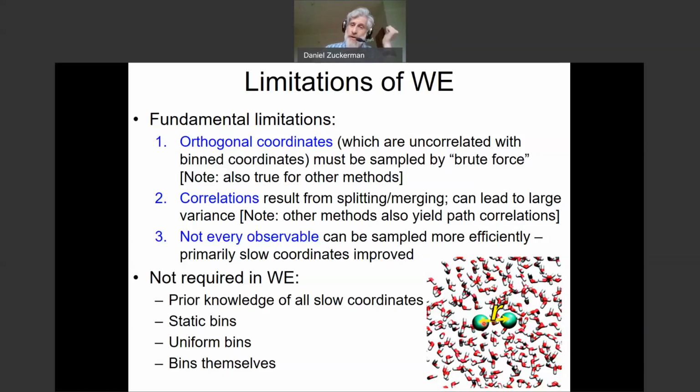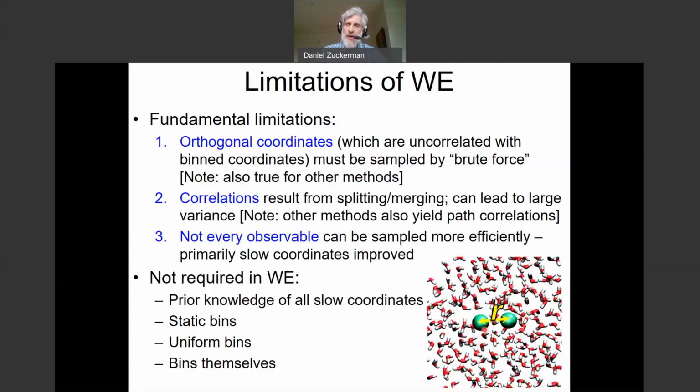Another way of saying it is these waters have to do some very complicated motions as you pull apart these spheres, or as these spheres spontaneously come apart, I should say. So do you have to know all the coordinates for the water? And the answer is you don't, because those coordinates are correlated with this separation distance. In other words, these two spheres cannot move apart unless the waters do their magic dance that lets them rearrange